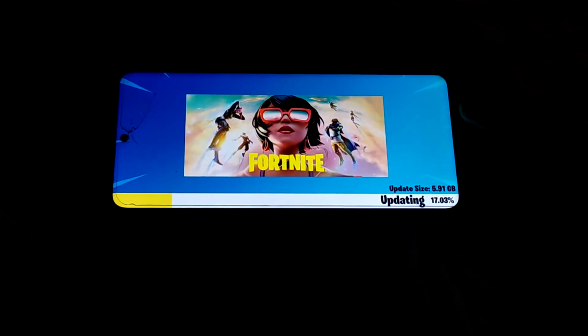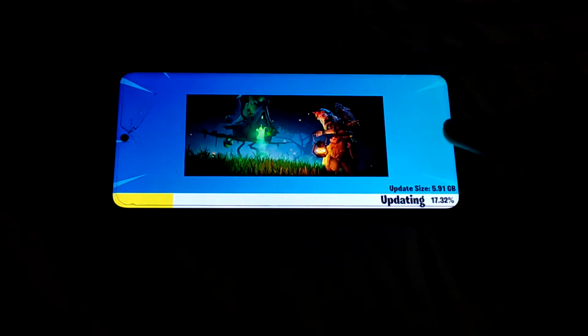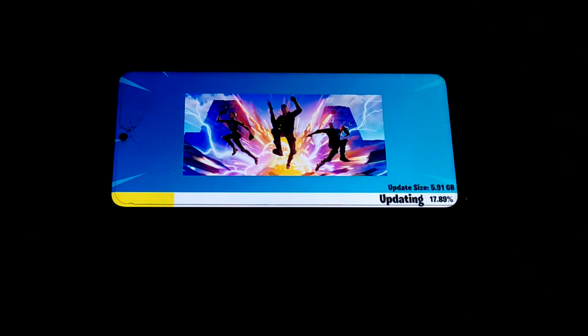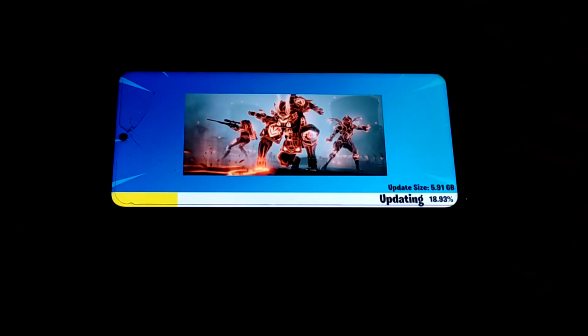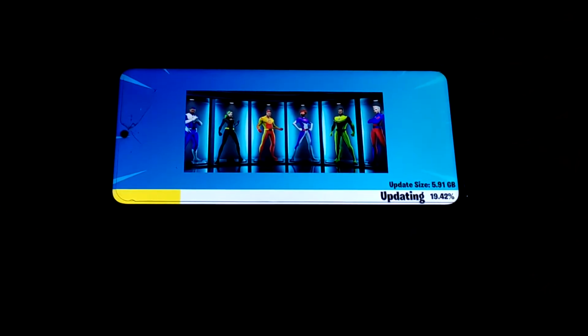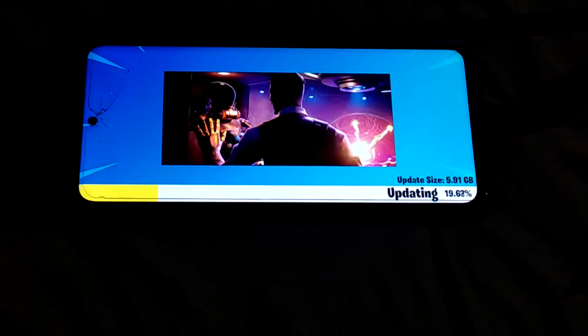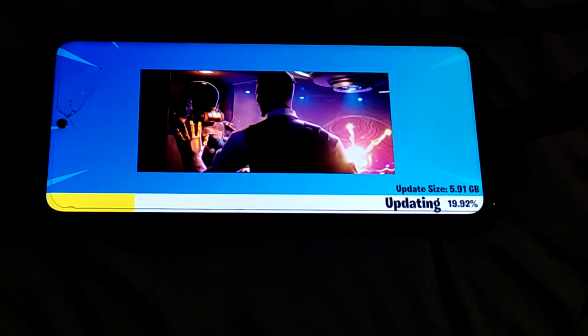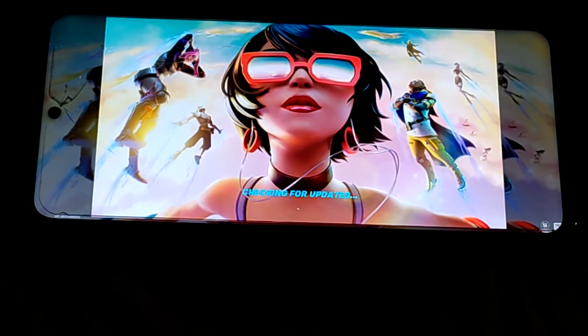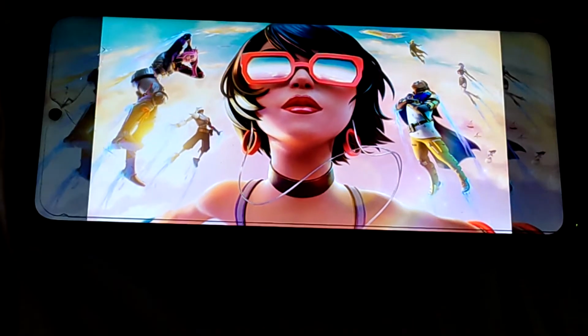Okay, it is saying updating and it is going to download this hefty size of 5.91 GB. ये ऑलमोस्ट 6 GB का गेम है. तो यू कैन इमेजिन हाउ डिमांडिंग, हाउ मच रिसोर्स डिमांडिंग दिस थिंग माइट बी. तो लेट इट जस्ट डू इट्स थिंग. ओके, यू कैन सी दैट द गेम इज अबाउट टू गेट डाउनलोडेड and now it is checking for the updates